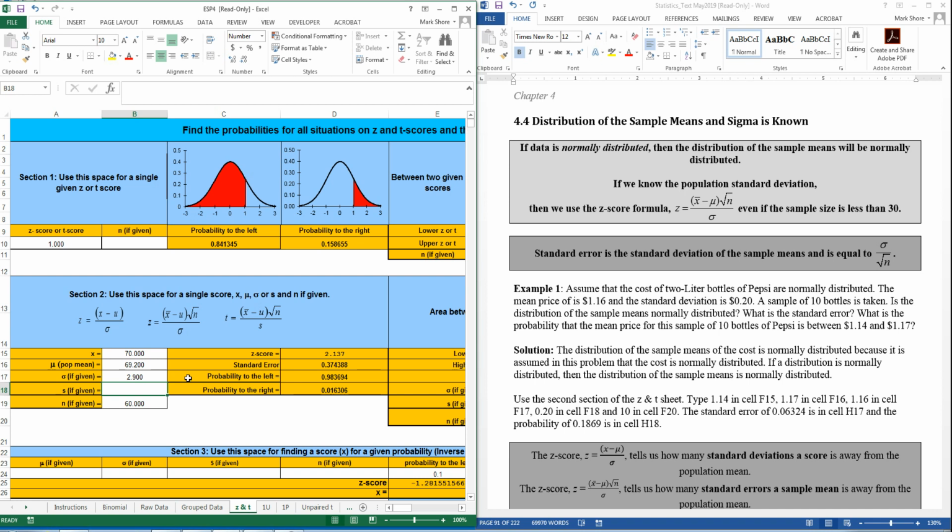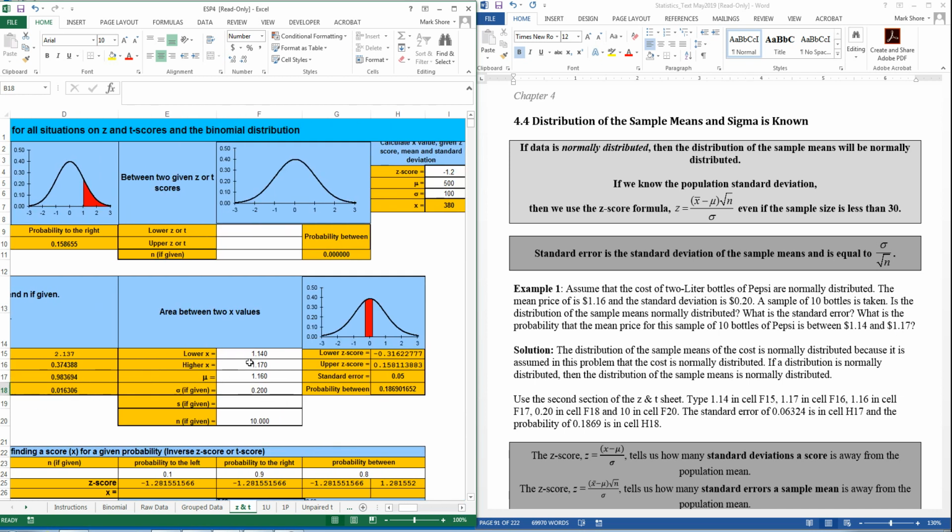Okay, so to do this problem again, use the second section of the ZNT sheet, and it's a betweener, between $1.14 and $1.17. So scroll to the right so you can put in your information. If you want to pause the video right now, you can see that I put in $1.14 for the lower, $1.17 for the upper, $1.16 for the population mean, which was given to be $1.16,